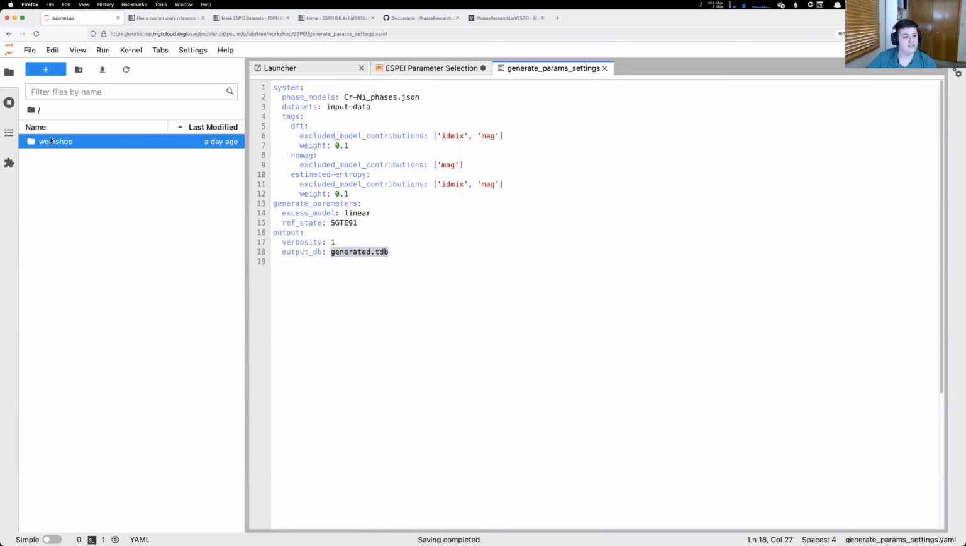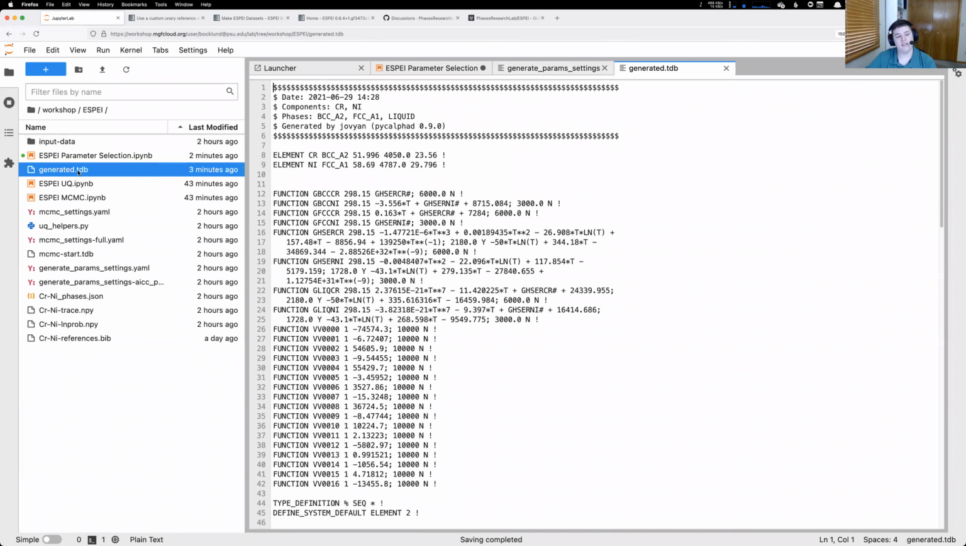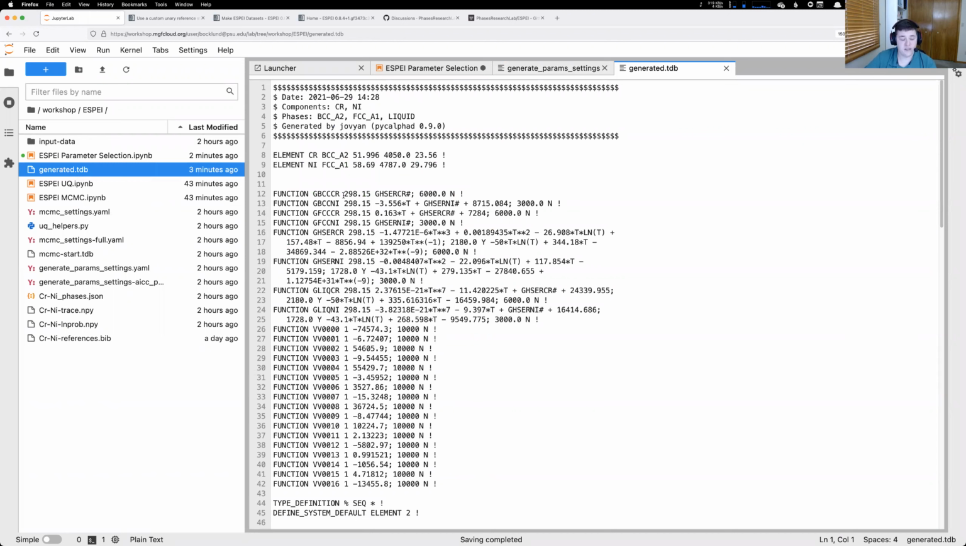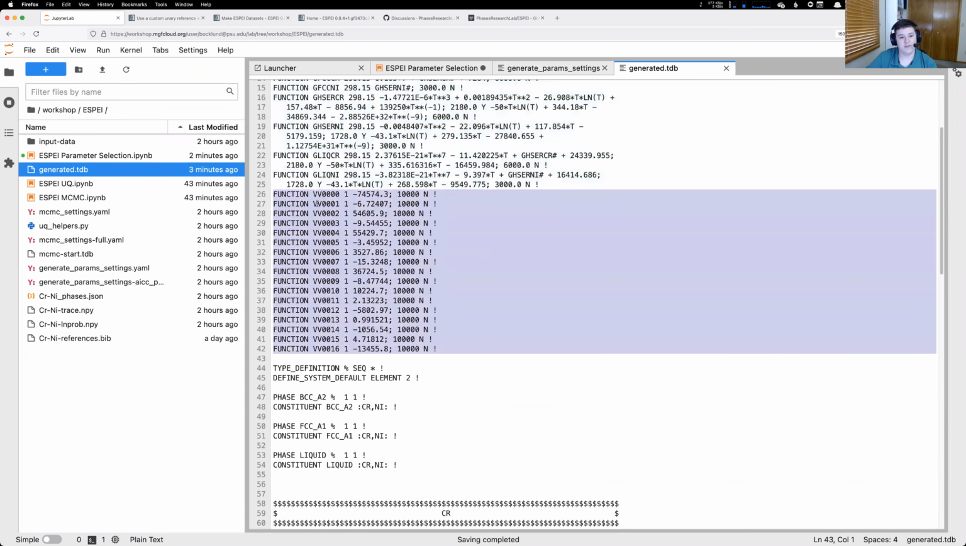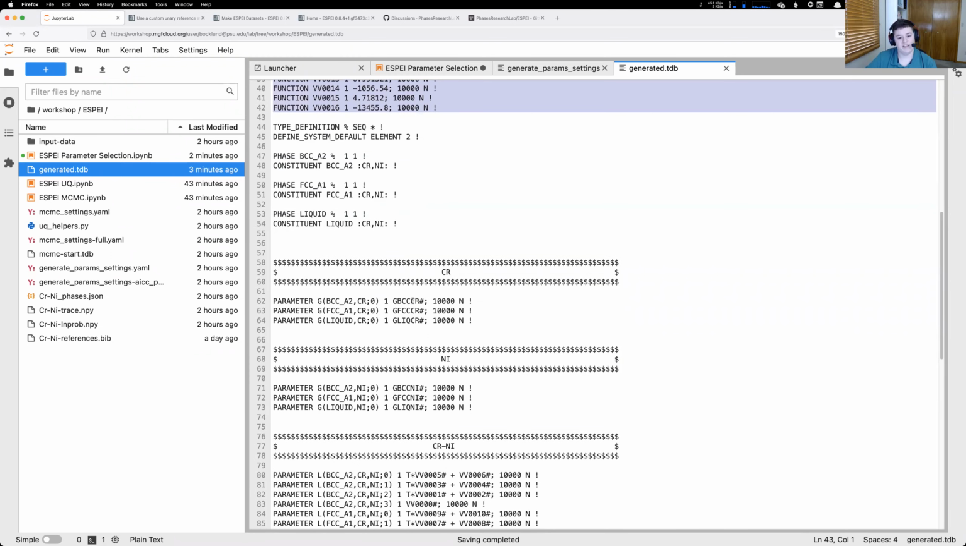So if you're running this alongside me, you should have a generated .tdb by running that parameter generation step. And if we just double click and open and look at it, this is what we'll see. You'll see some functions here. These are all lattice stabilities from the SGTE 91 data set. And then ESPEI defines these functions with VV and some number, just ordered from 0 to however many parameters you have. And if we scroll down, we can see that